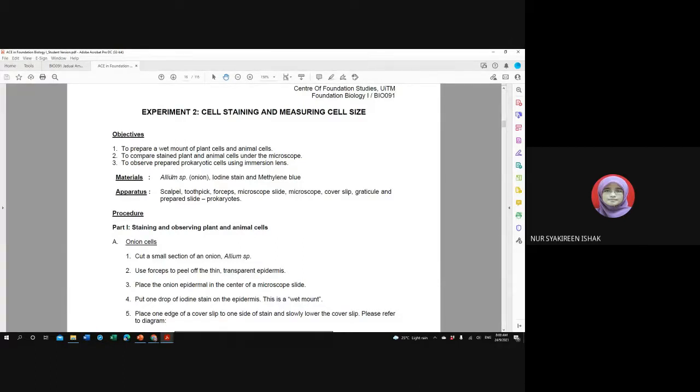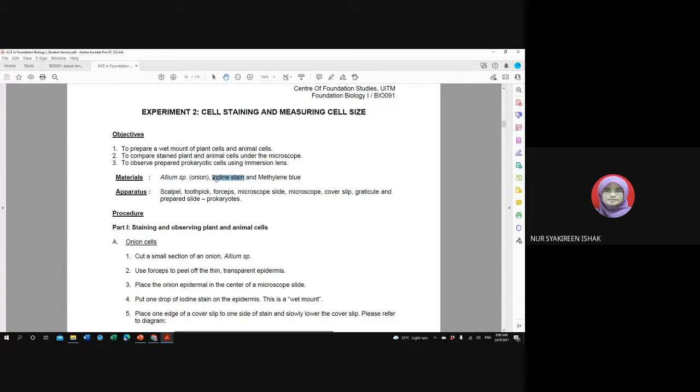But other organelles such as the Golgi apparatus, the mitochondria, the ribosomes, all those organelles you cannot see, due to their small size, and the light microscope cannot let you see all these smaller organelles. Okay, and then as you can see here,